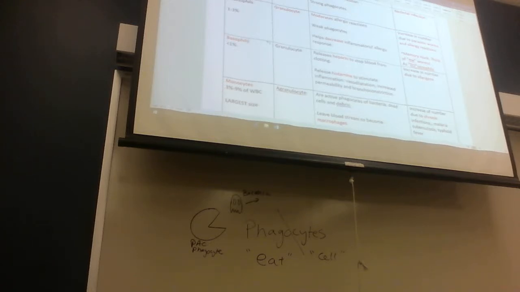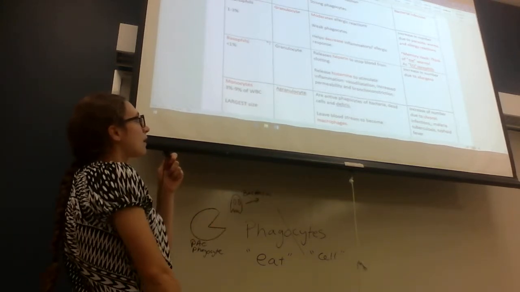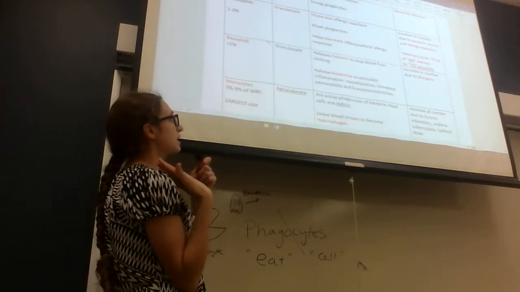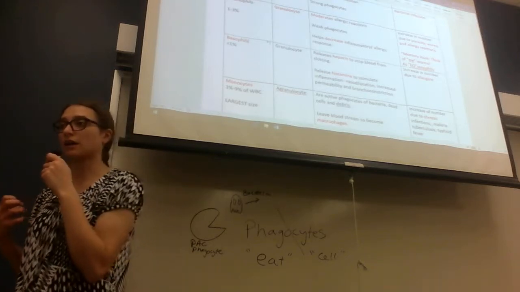Indeed. The next one is basophils. Basophils, so you can see, they don't take up a whole lot in your blood, less than 1%. These are also granulocytes. These release heparin to stop the blood from clotting because